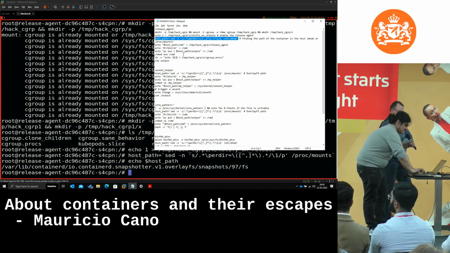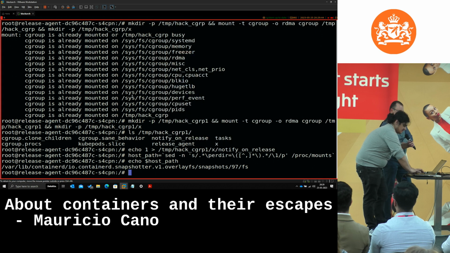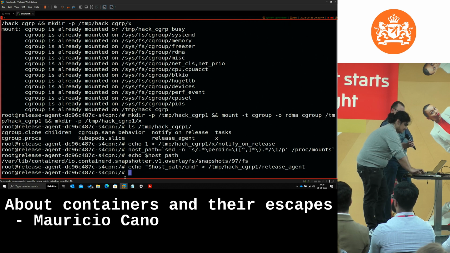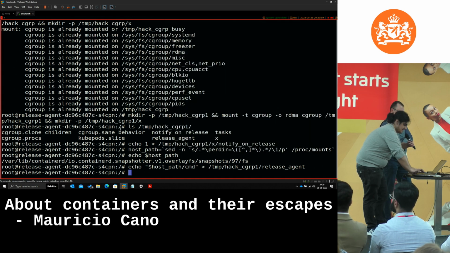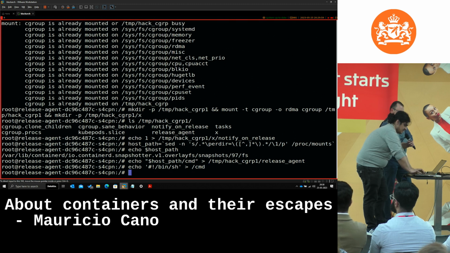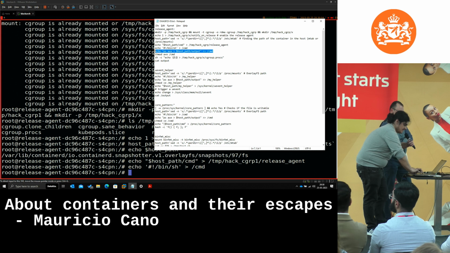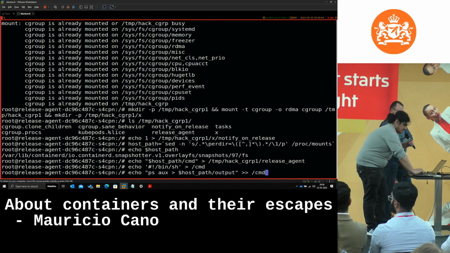Once I have the overlay file system, then the next thing is just to create the command or to give what's going to be the command. In this case, we want to just put it in the release agent of cgroup1. That's going to be just an echo inside that file. Then what we do is to create the command. In this case, I want to do ps aux because it makes things a little bit simpler. And what we do here is just